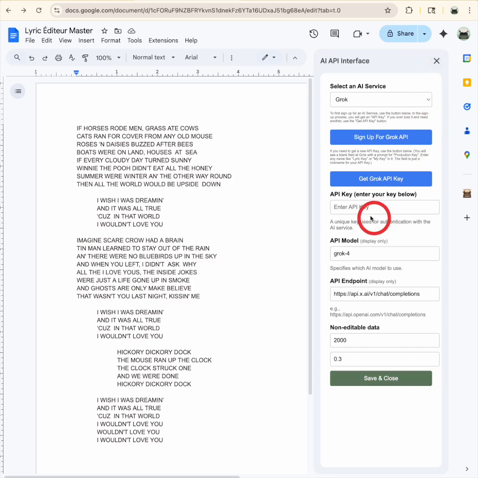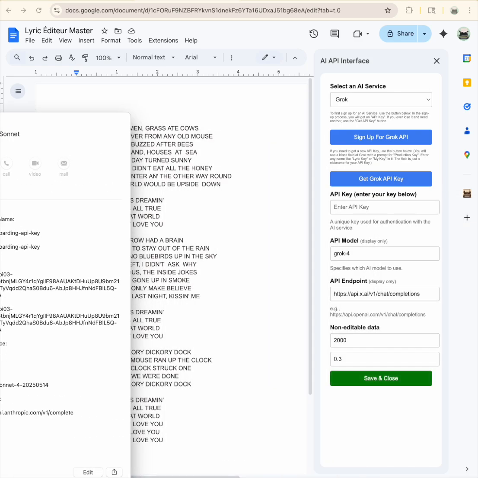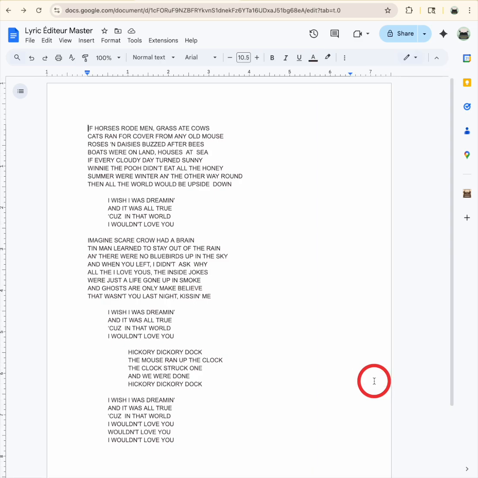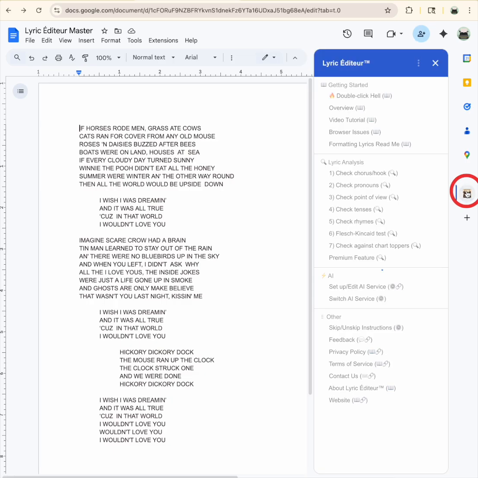Actually, we need to put a key in if I'm going to finish the rest of this. So let me get that up and running here. So we're going to paste this in here. It's longer than the space, so even though I've put it in there, it isn't going to do you any good. All right, now that we've signed up for an AI service,